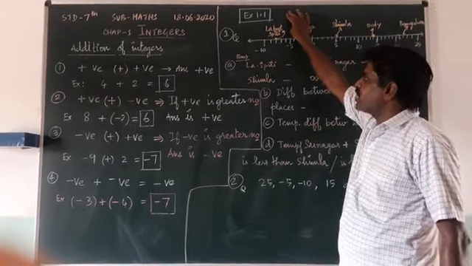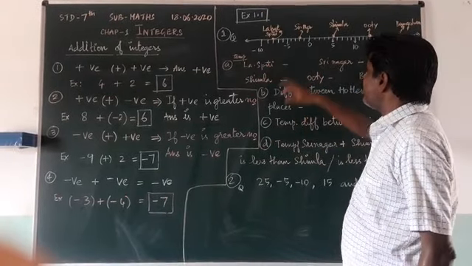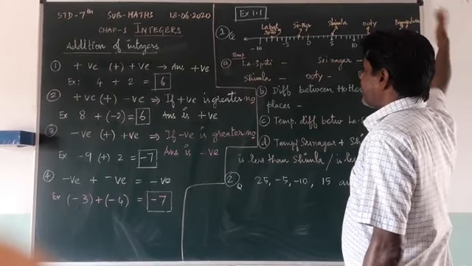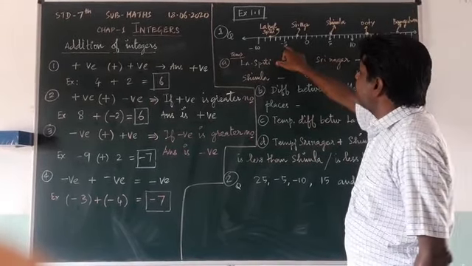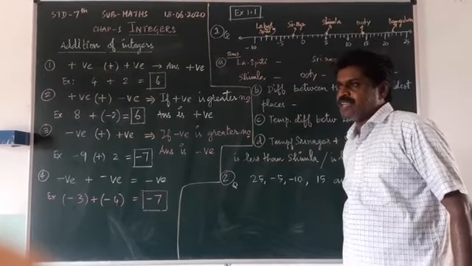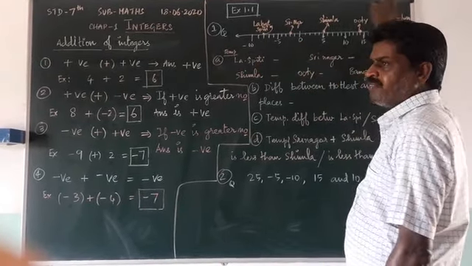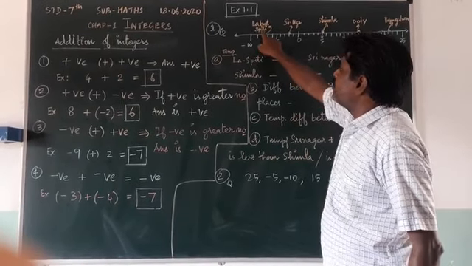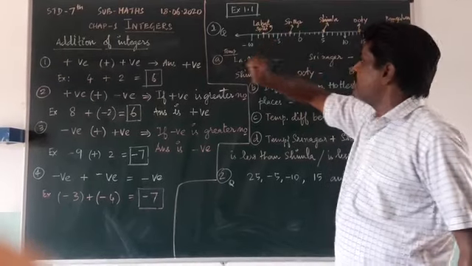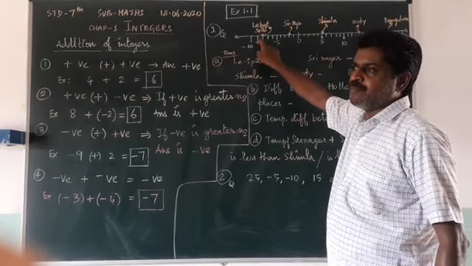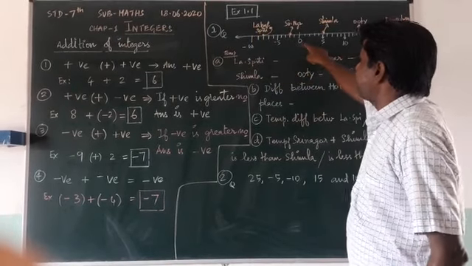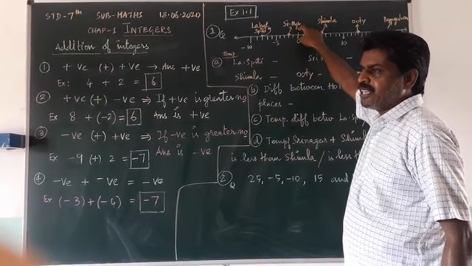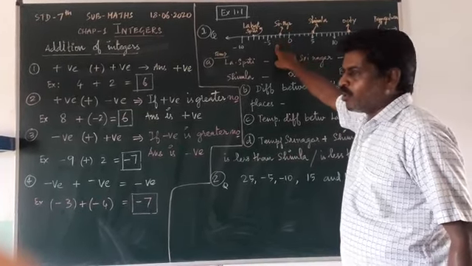Exercise 1.1. One graph is given with 0, 5, 10, 15, 20, 25. On the right-hand side are positive numbers, and on the left-hand side minus 5, minus 10 are given. Each one is divided into 5 divisions. One point near 5, after 3 divisions, is marked Lahaul Spiti, a place name. It indicates the temperature on the scale. Second, between 0 and minus 5, the Srinagar temperature is indicated. What is the temperature of Srinagar, we have to find.